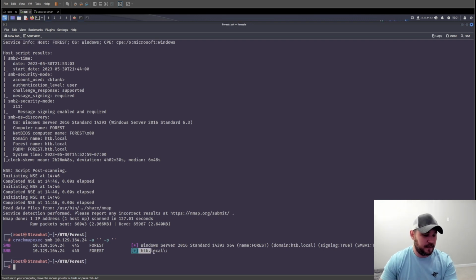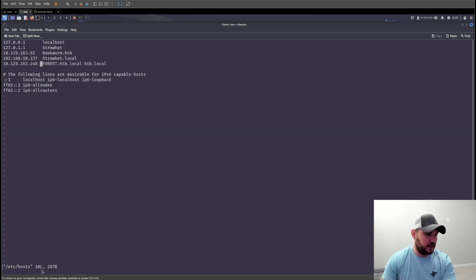So this plus sign means that we actually connected. The reason I like CrackMap is because it automatically enumerates your domain name too. If you don't have LDAP or SMB in your nmap scan, then this can give you a quick domain name. With this, we'll add it to our /etc/hosts file. So /etc/hosts, I already have one in here. So 10.129,